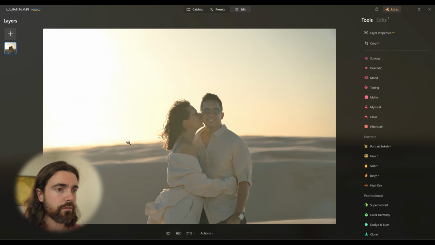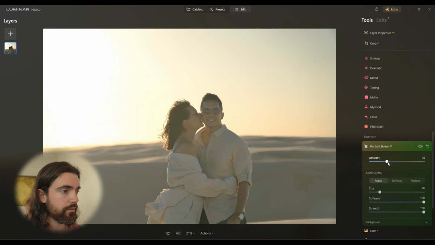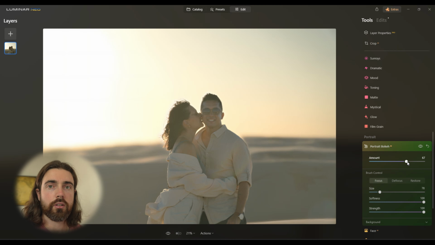We have got a nice little bit of bokeh at the back. So instead, we're going to add more, because who doesn't like more bokeh? So we're just going to pull this in at 30, and that's already looking really, really nice. Now, again, you can go ham. You can make it look like an f1.2 lens if you really wanted to, but we aren't going to do that. We're just going to bring it back down to the 30 mark, because 30 is a nice little bit